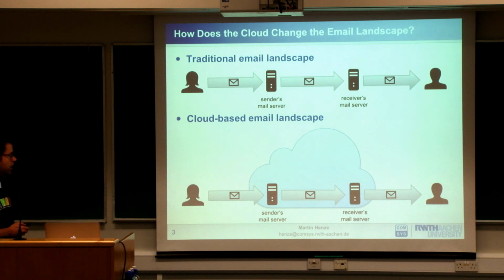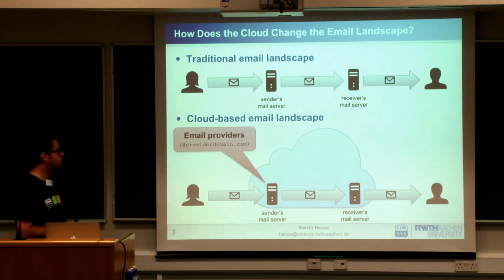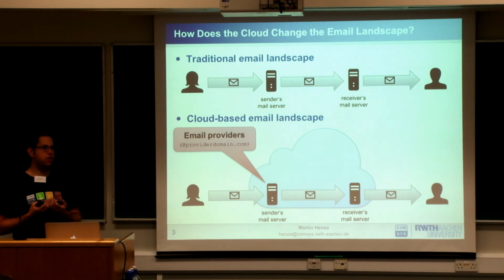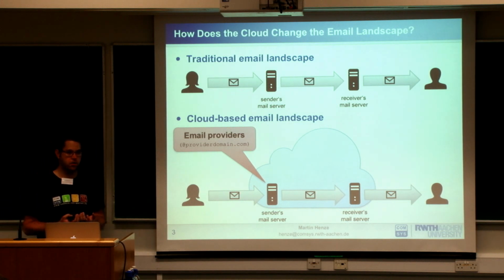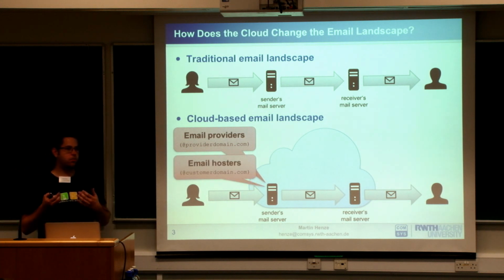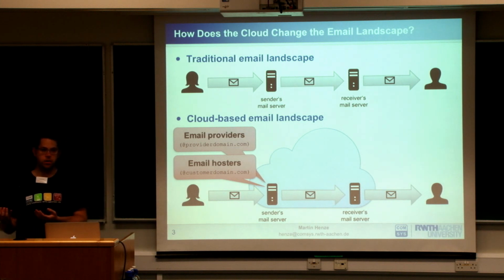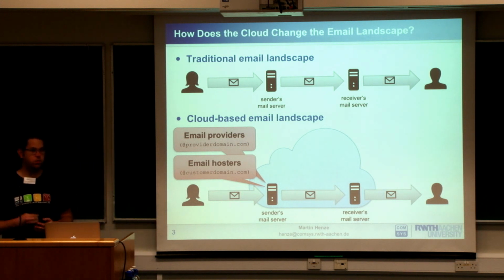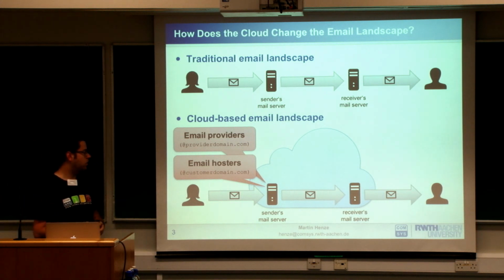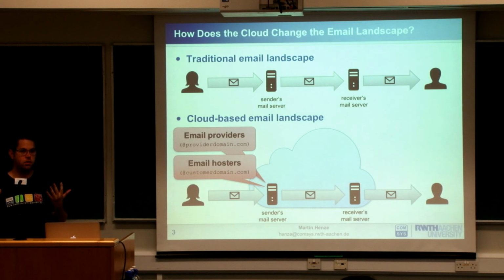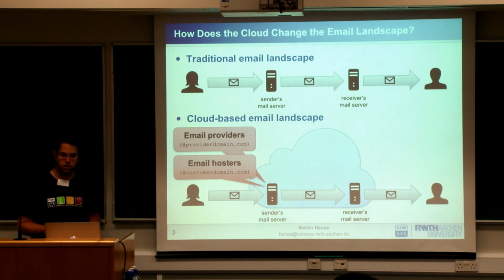First of all, of course, we have what we had before the cloud, traditional email providers. Email providers are defined as something where you get an email address that is something at providerdomain.com. In contrast, we have email hosters. Essentially, they provide the same service, but you use your own domain, or they allow you to use your own domain. But still, the mail server is operated by some third party. We observe that nowadays, depending on how you define cloud, but as we define cloud, these are all run in the cloud, at least the bigger ones.